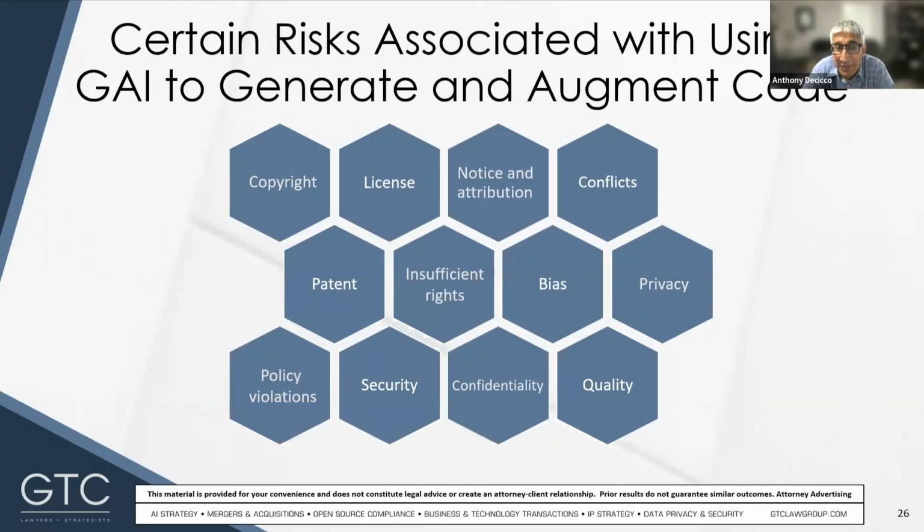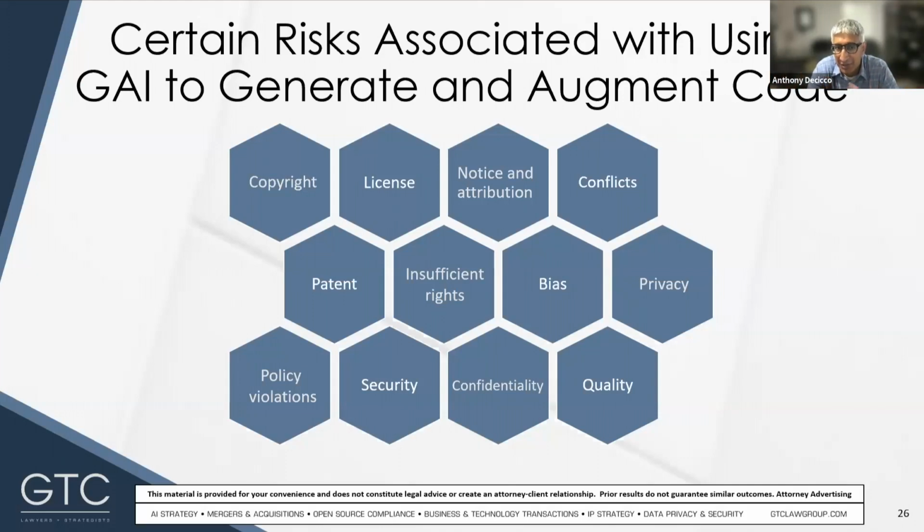Quality is a big one. We heard from Microsoft earlier when I read from their FAQ that the generated code or content may be of lower quality. It might be incorrect or it might be unprofessional. Bias is another important one. And again, you don't hear about this as much in the context of code, but the generated code and content might be biased or discriminatory. Unfortunately, the code comments in the training set are sometimes biased and discriminatory. So it's only reasonable to expect that the generated code comments based on that data may be too.